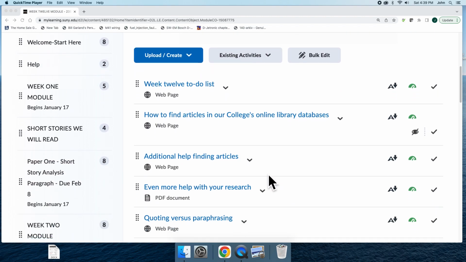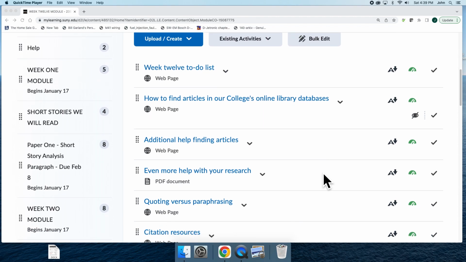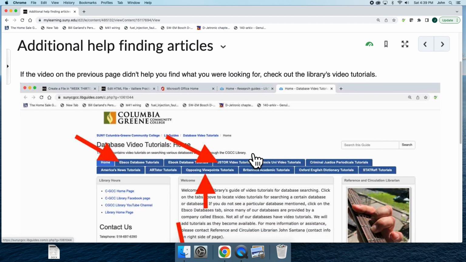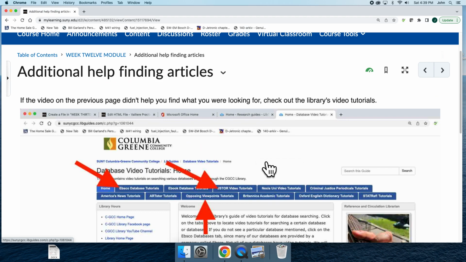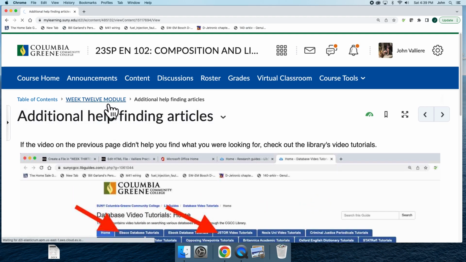video, by all means, take a look in your research module in your course, not sure what week it will be, depending on what semester and what course you're taking, and find additional help finding articles. This is a more in-depth, librarian-produced document that will take you through some of the specialized LibGuides that will help you if you want to do some hardcore research. For now, this video is concerned with helping you kind of do the basics when it